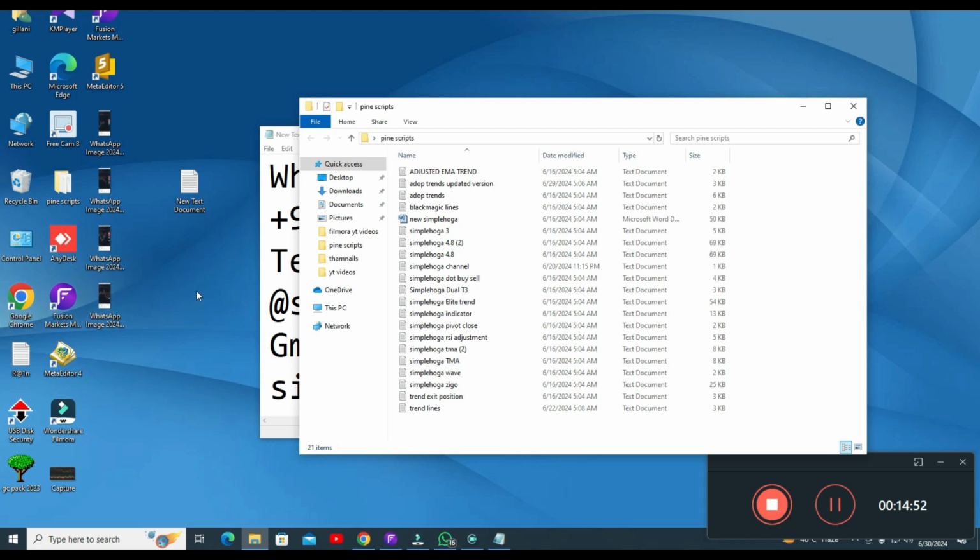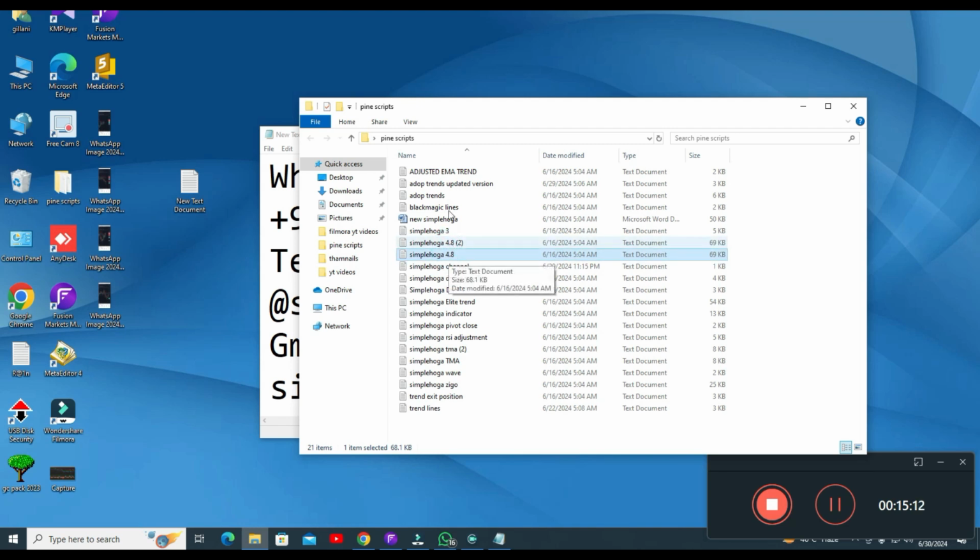Okay, but the remaining ones are not so important, but you will get all my scripts. There are multiple versions. These two indicators are the same, just this one is the previous version and this one is the latest version. Here you can see there are two same indicators, and this one is the latest version and this was the previous version.